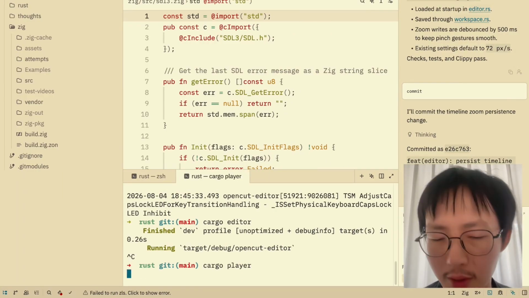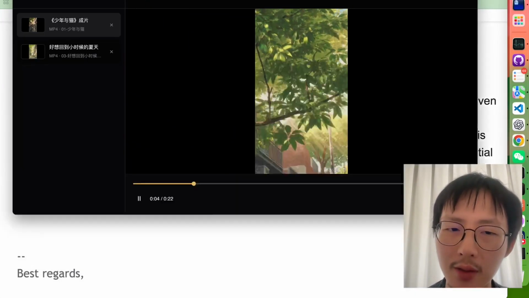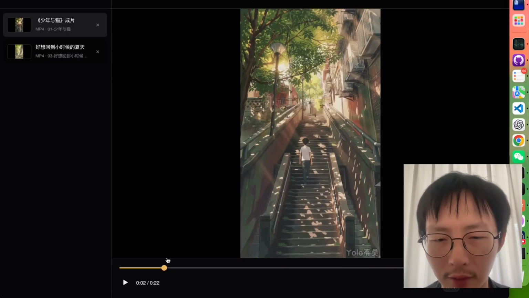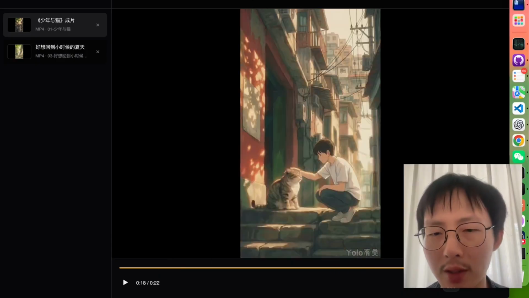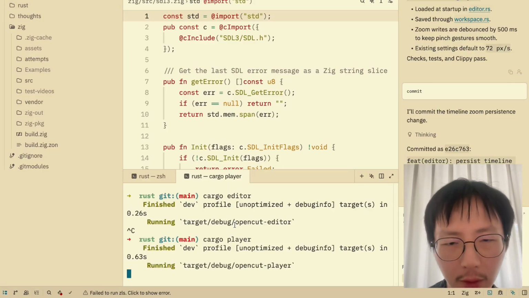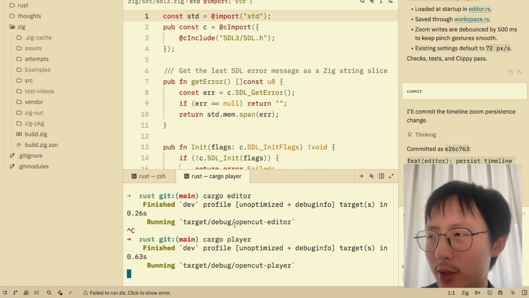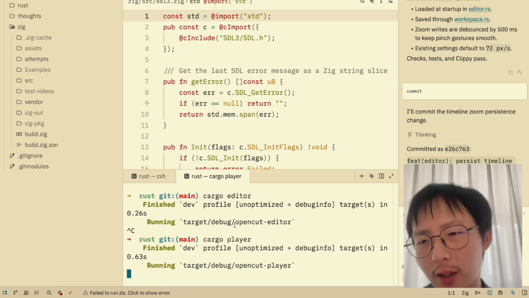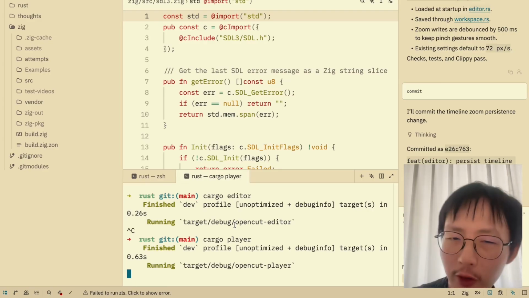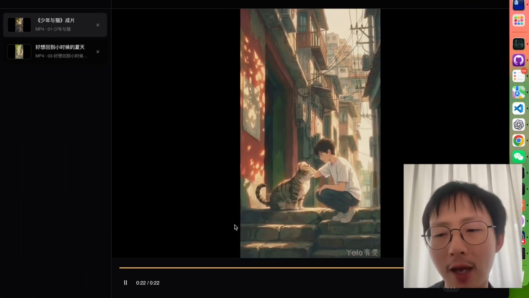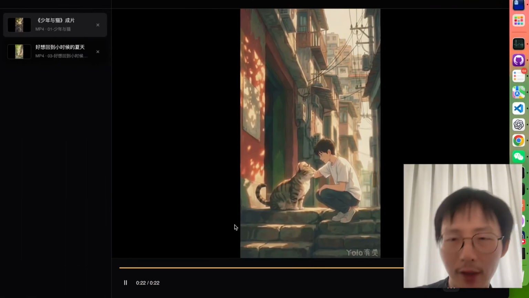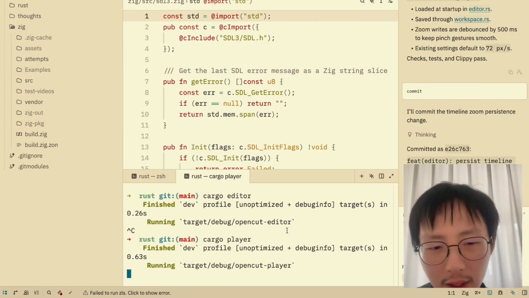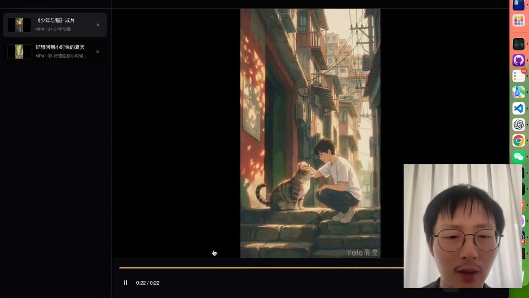Besides the video editor, we also have a video player. This is so smooth. This is smoother than the native video editor in macOS. And because I have been a content creator for a long time, I have used a lot of video editing software, and I was not happy with any of them. But before, I did not have the courage to actually challenge them and make my own. But now with powerful AI, I can actually do that.